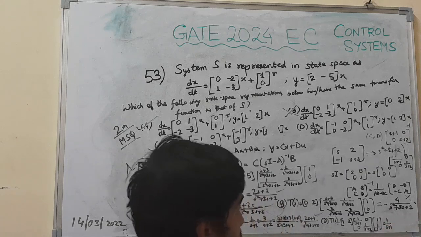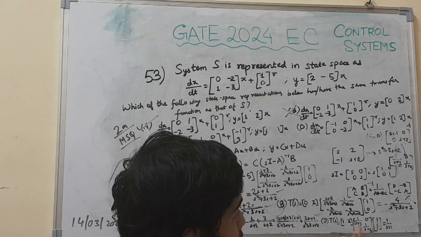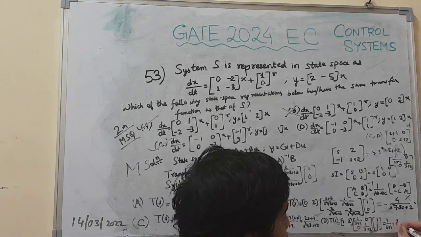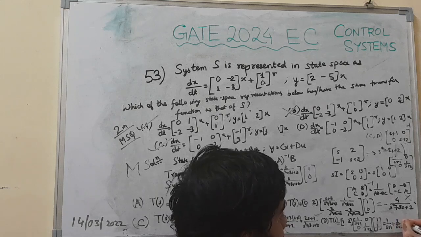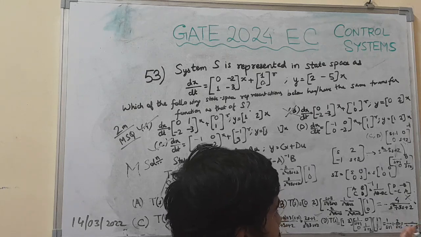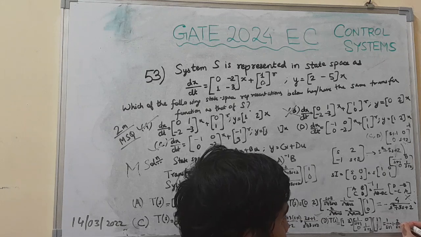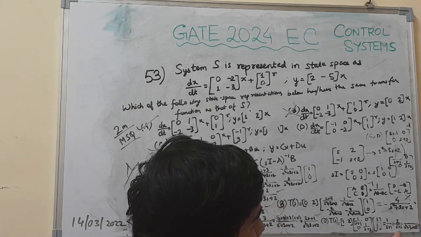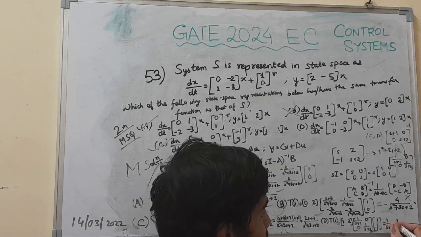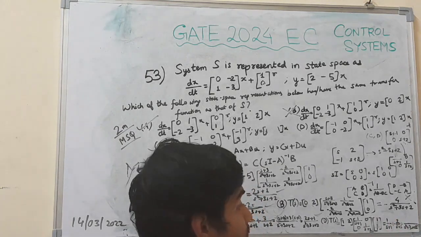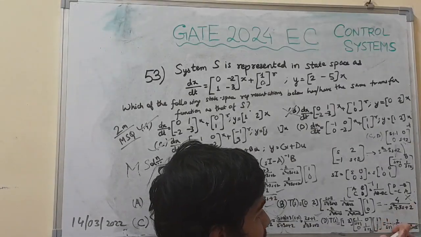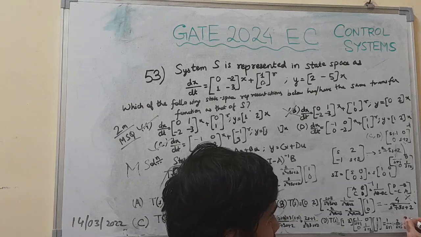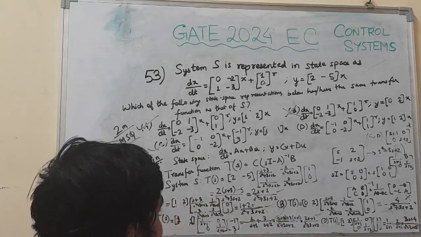1 बाई s प्लस 1 हो जाएगा इधर, और ये वाला टर्म तो 2 के साथ कौन सा मल्टीप्लाई होगा, 2 इंटू 1 इंटू 1, तो 2 बाई s प्लस 2, इसका एलसीएम क्या हो जाएगा, s स्क्वायर प्लस 3s प्लस 2, मतलब सी लिखते हैं, s स्क्वायर प्लस 3s प्लस 2 हो जाएगा, इसको लिखेंगे (s प्लस 2) प्लस 2 इंटू (s प्लस 1), (s प्लस 2) प्लस 2 इंटू (s प्लस 1) कितना होता है 3s प्लस 4, बेसिकली ये हो गया (3s प्लस 4) अपॉन (s स्क्वायर प्लस 3s प्लस 2)।